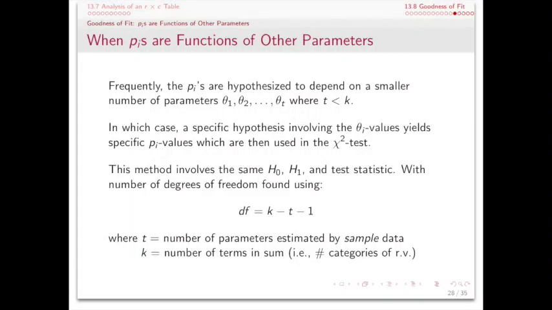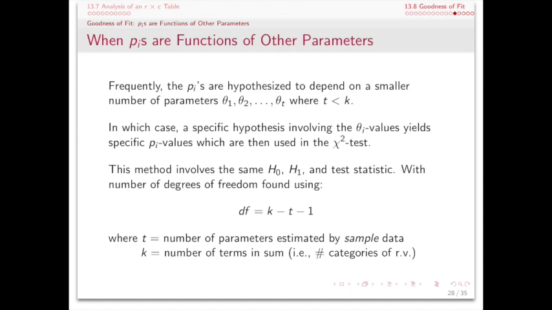Next, we'll move on to our second type of example when we're working with the goodness of fit test. And this is a scenario where the individual probabilities for each category are hypothesized to depend on a smaller number of parameters, say theta 1 up to theta t, where t is specifically less than k. In which case, a specific hypothesis involving those theta values yields specific probability values, which are then used in the